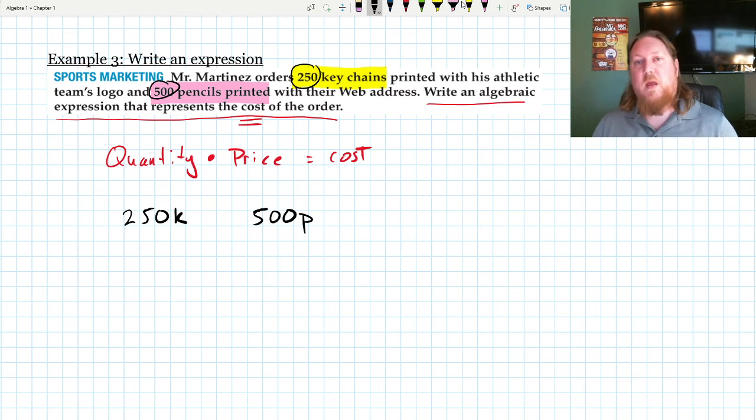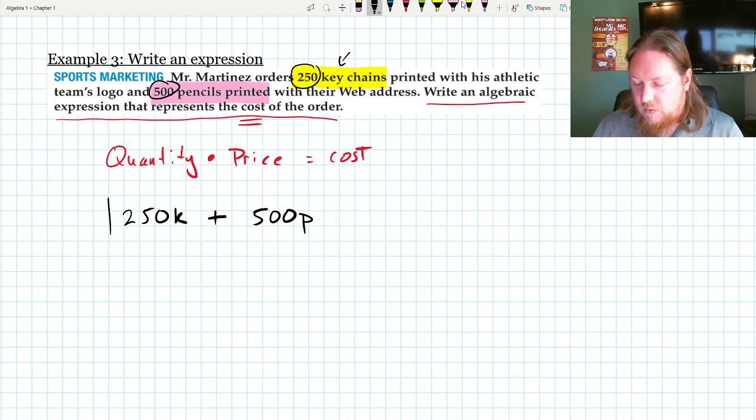P for pencils. Now, with both of these expressions right here, they're independently the cost of each thing. 250K is the cost of the keychains. 500P is the cost of the pencils. So what I'm going to do to find the cost of the order, the whole thing ordered together, is I just add them up. Just like the Gatorade and the Takis getting added together at the cash register. And there's my expression